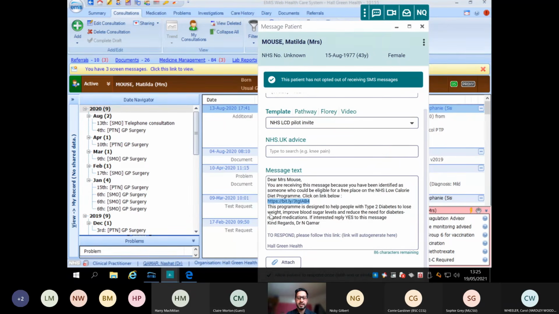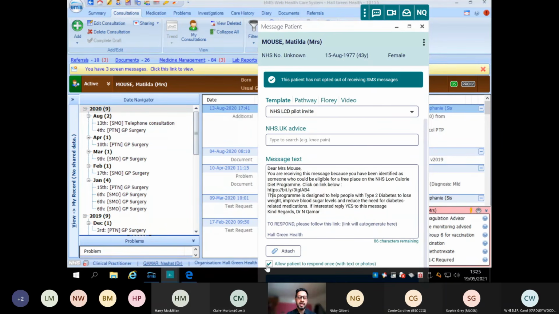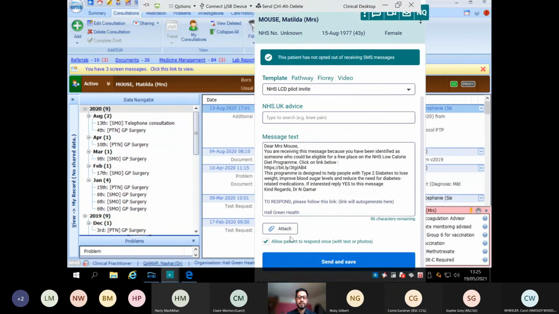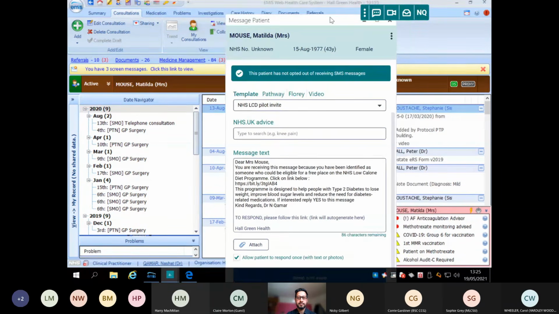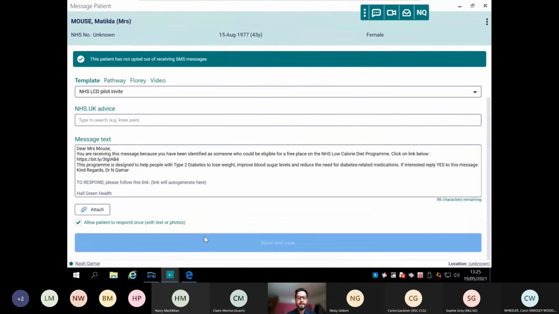So going back to the message, the next part of the message says this program is designed to help people with type 2 diabetes to lose weight, improve blood sugar levels, and reduce the need for diabetes-related medications. If interested, reply yes to this message. So you have to ensure that there's a tick box here that says allow patient to respond once. If I then send this message,